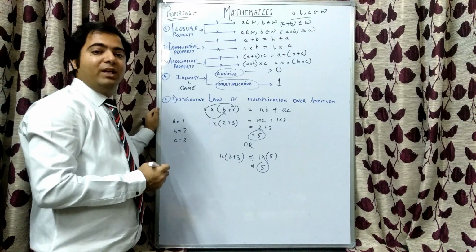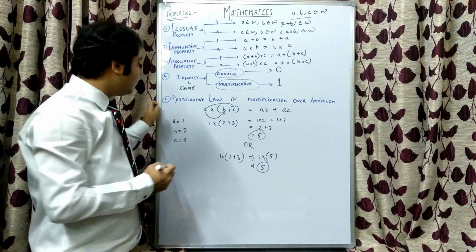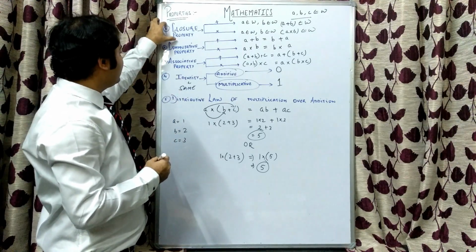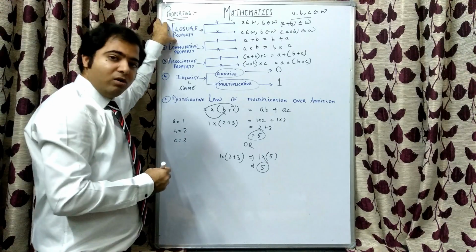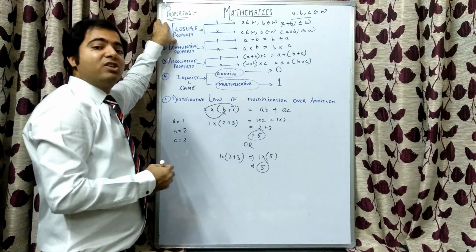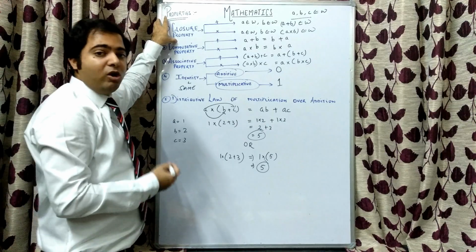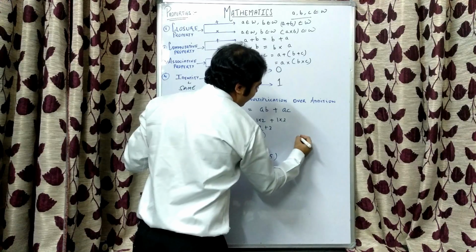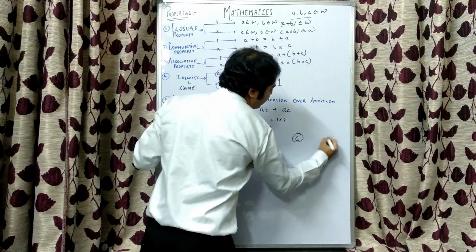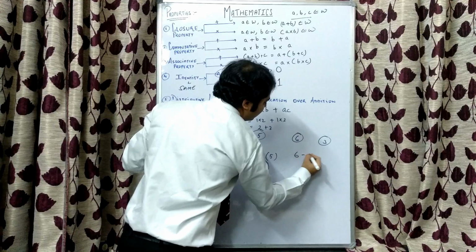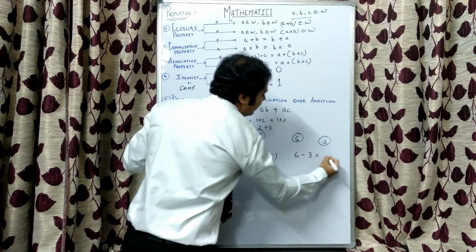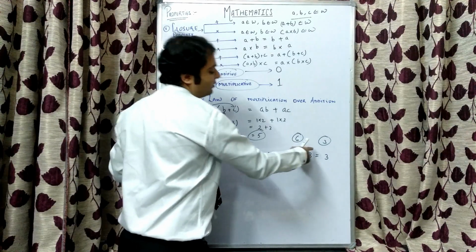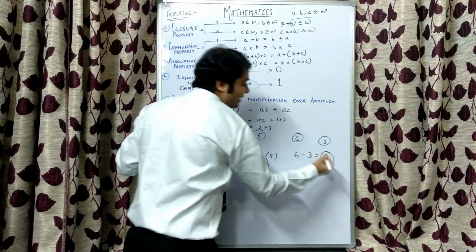Next property that we need to deal with is subtraction, right? In subtraction, children, the closure property can be followed or cannot be followed. Both cases are there. That means subtraction may or may not follow closure property. For example, suppose I take two whole numbers, 6 and 3. Suppose I subtract 3 from 6, we'll be getting answer as 3. That means 6 was a whole number, 3 was a whole number. When I subtracted, I got answer as 3.